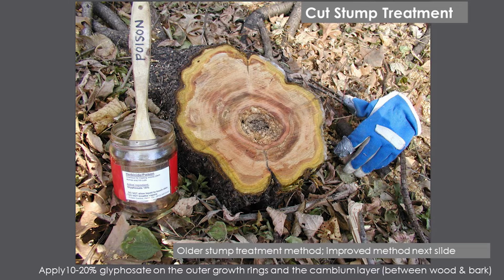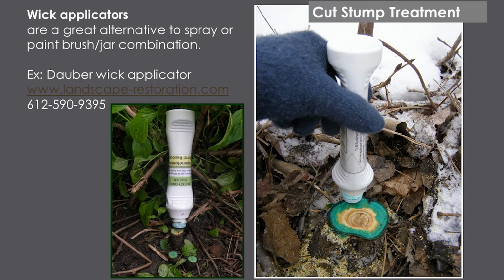Now, this is great because the Buckthorn Blaster Dauber was invented. A lot of people will spray their stumps. I've already had cancer, and I don't want anything to do with getting herbicides on my body or breathing it. And if you can smell it, you're breathing it. So this is called a wick applicator. A wick applicator is something that's got something spongy, and it just goes right onto the stump.